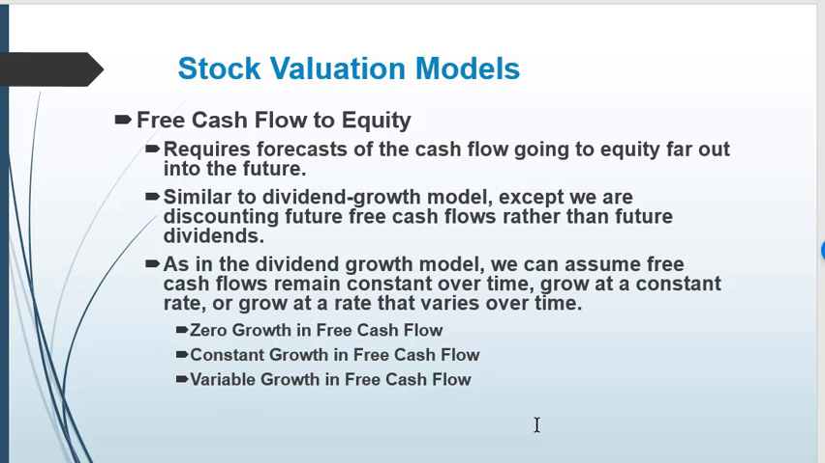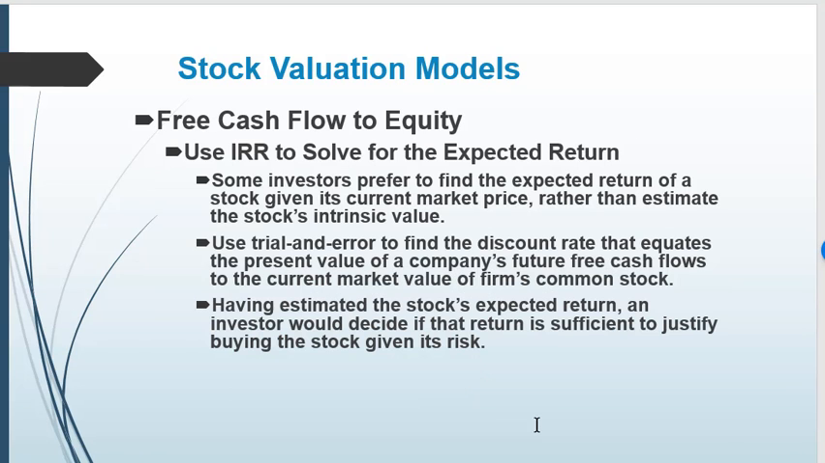And there are three basic models we can use. They're the exact same models, except now we're substituting free cash flow for dividends. We could also use the internal rate of return concept to solve for expected returns. So we can use a trial and error method to try to find a discount rate that's going to help us determine the current value of the stock based on its free cash flows. And again, we're not going to get into a lot of detail about how that's actually used or